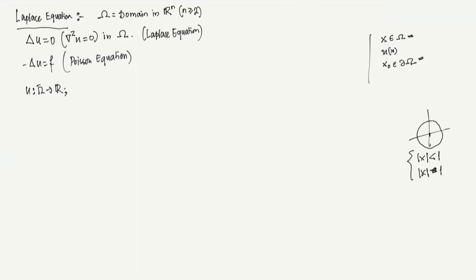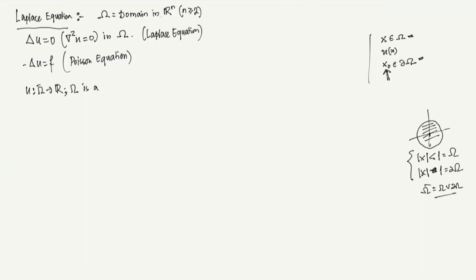Now if you add those two up, so you take all the points here along with the boundary, that will be your omega bar in this case. So if this is omega, that is your boundary del omega, and then omega bar is omega union del omega. That's it. Okay. Now, when we say that we are looking for a u from omega bar to R, it means that u is defined for all points x naught in the boundary. So of course u is defined in omega, and it's also defined for all points in the boundary. So we are looking for such a u, okay,